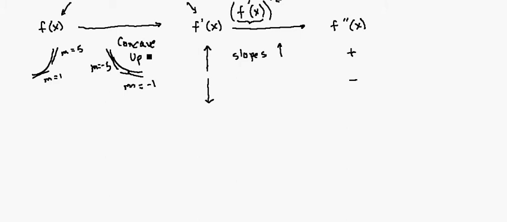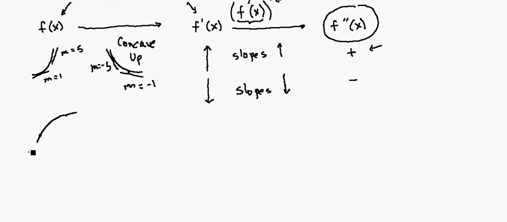But for the slopes to be increasing, the derivative of the slope function must be positive. We can make exactly the same argument about f double prime being negative. If f double prime is negative, it means that f prime is decreasing. The slopes are going down in numerical order. And again, that can happen in one of two ways. We can either have the way that makes all the sense in the world, which is this. Everybody would agree that the slopes are going down on that curve, even if it's discontinuous,